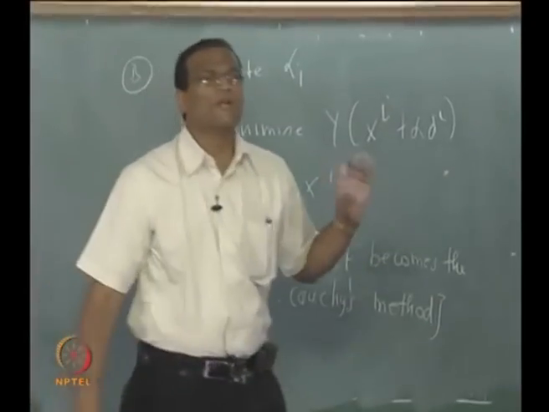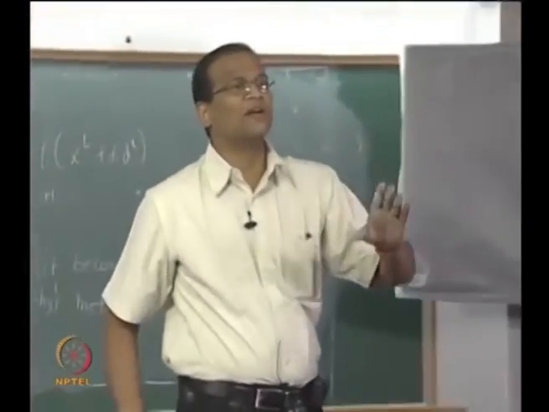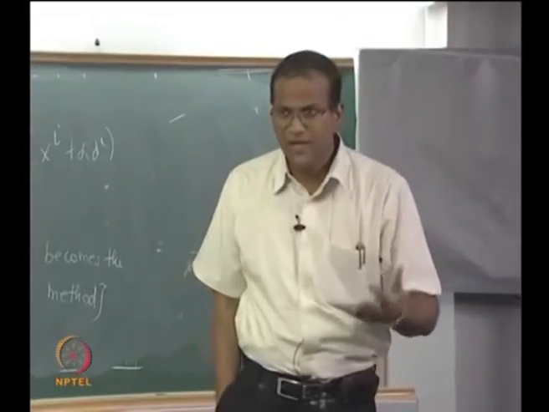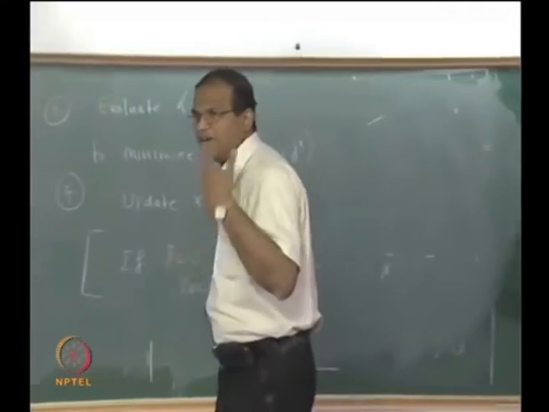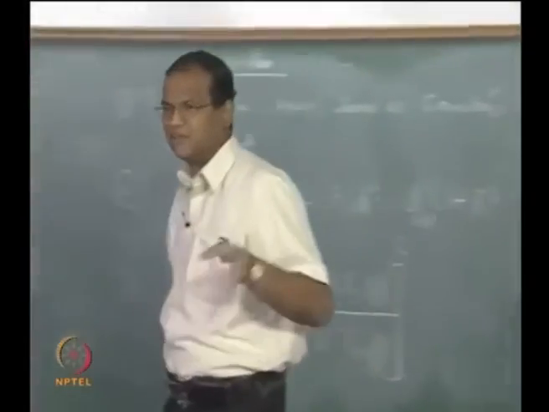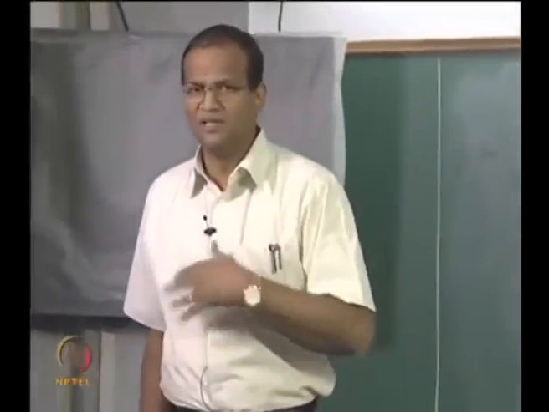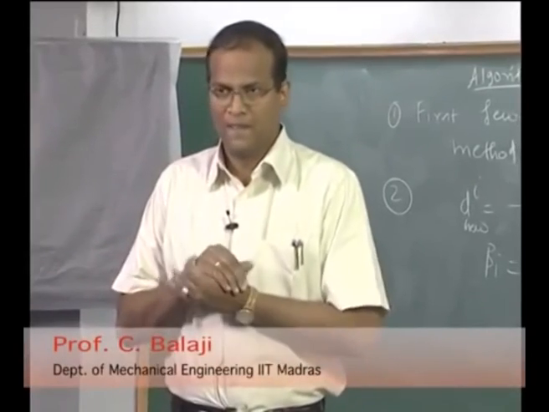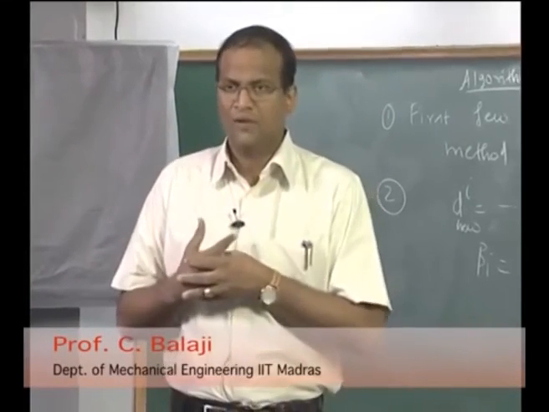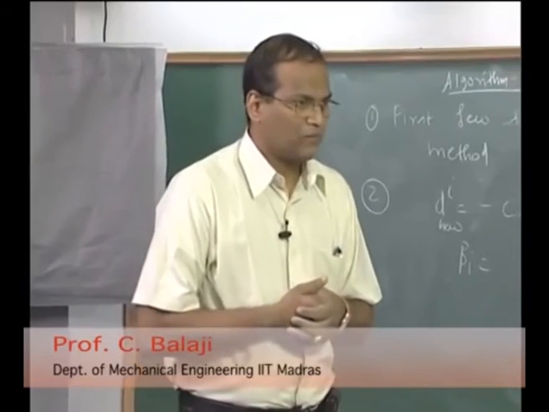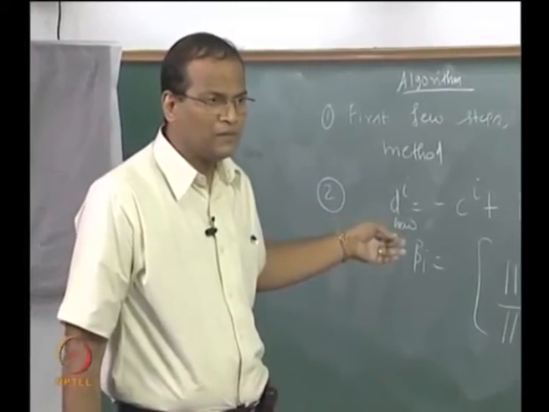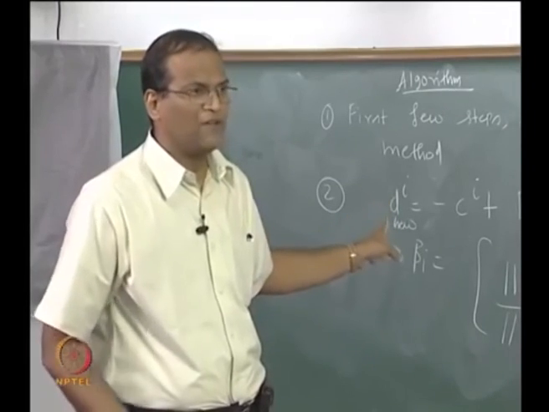There are rigorous mathematical proofs as to why the conjugate gradient method is quadratically convergent. I already told you what quadratically convergent means, right? There are rigorous proofs available, people have written papers, they have demonstrated with test examples and so on. The conjugate gradient method is really one of the powerful methods, you can see that. That is the algorithm. I do not have time to prove that.